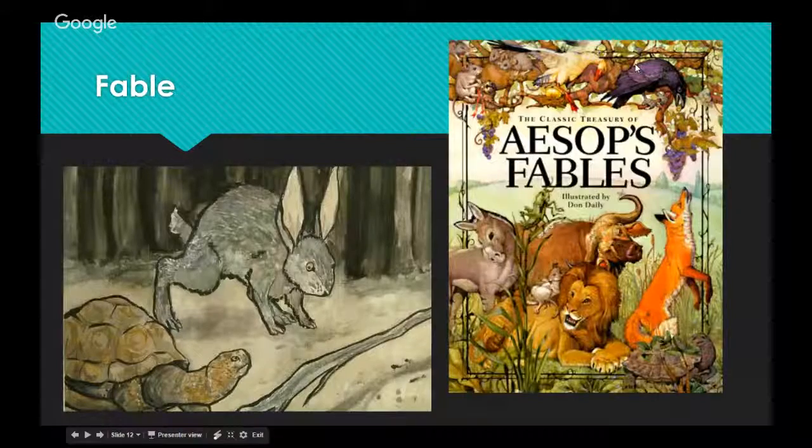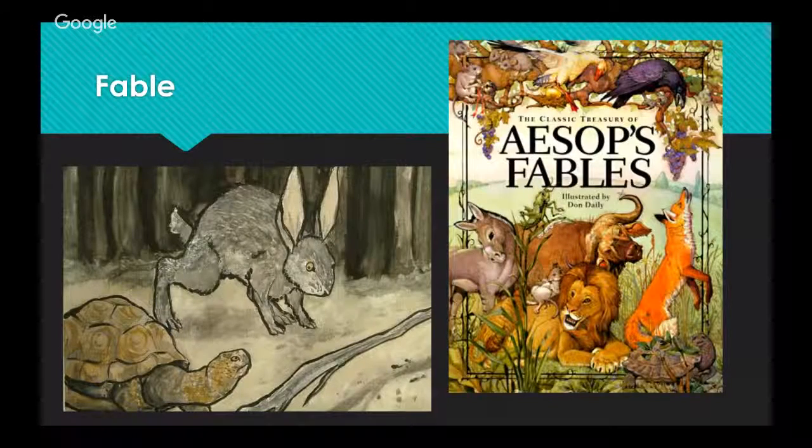Fable. So a fable, the biggest thing with a fable is that it definitely contains animal creatures, mythical creatures, plants, and inanimate objects that can be brought to life, and they are anthropomorphized. And in a fable, which is a succinct fictional story, it does illustrate a moral. And at the end, a lot of times, the moral is very explicitly written out.